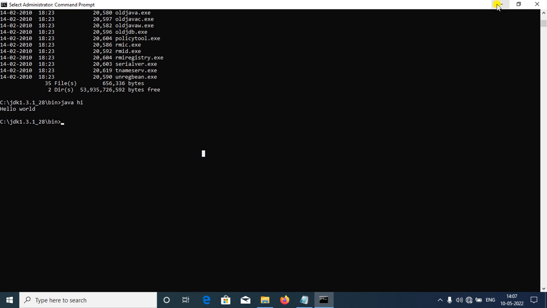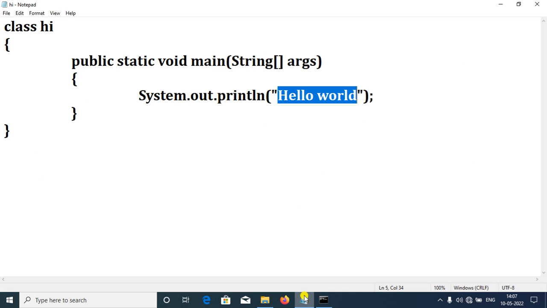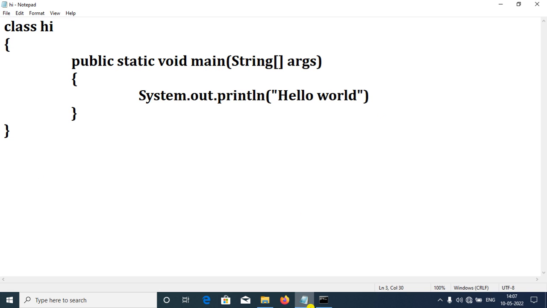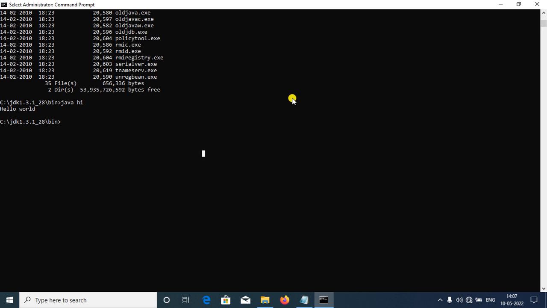Suppose I have not given a semicolon here, and now I will compile. See here, I don't need to go again to the C drive, since I am already there.